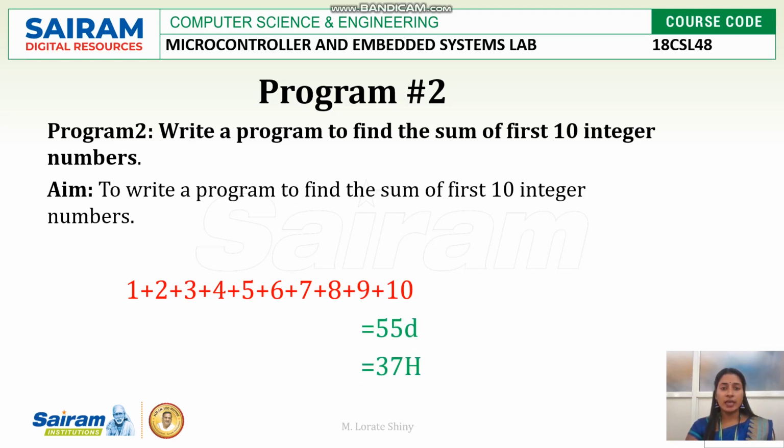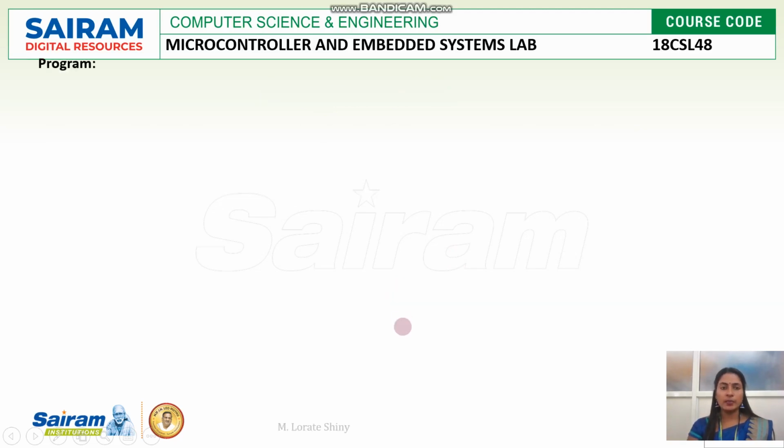Okay. So here is how I am going to do this addition: first I will add 9 and 10. With that result I will add 8. With that result I will add 7. Then 6, then 5, then 4, then 3, then 2, then 1. So in this program I am going to have two registers initially. One is to hold the count, another one is to hold the first data. So count is 10, first data is also 10. Okay, we'll start the program.